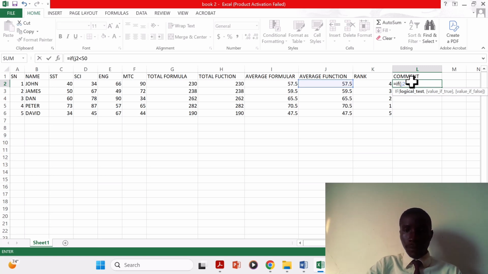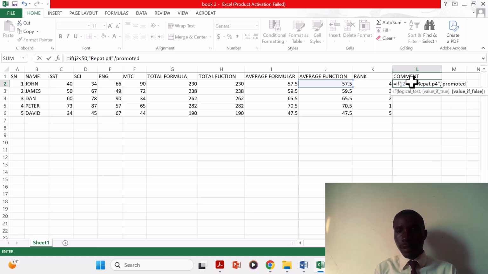So if J2 is less than 50, then a comma, we open quotes, then we say repeat P4. We close the quotes, then we put a comma, then if above 50 they are promoted, so we'll just say promoted, which is the condition if. Otherwise,